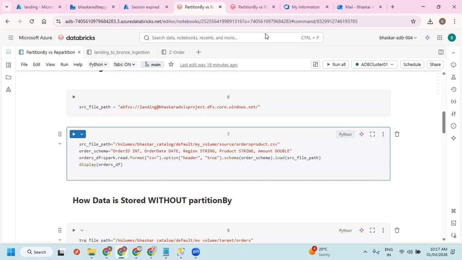I'm just getting my file, somewhere I kept it. Okay, I'm having it now.